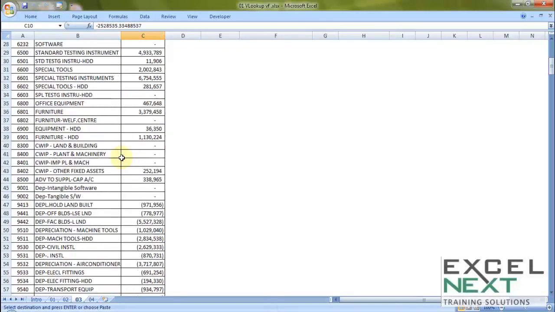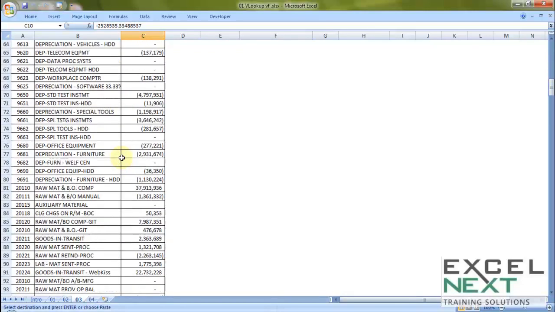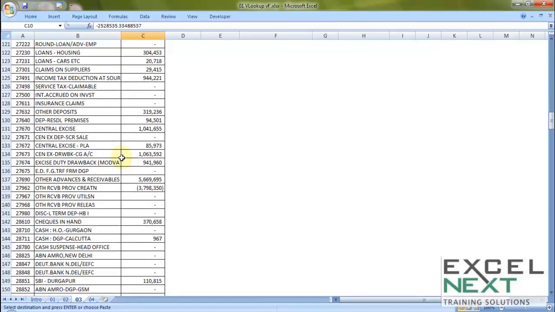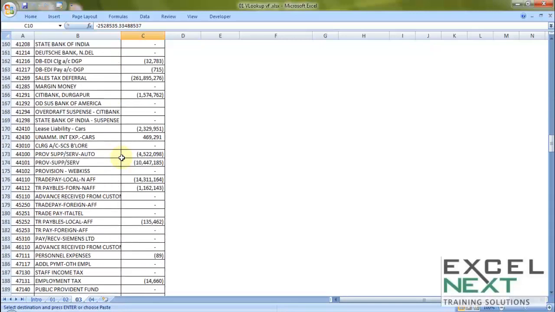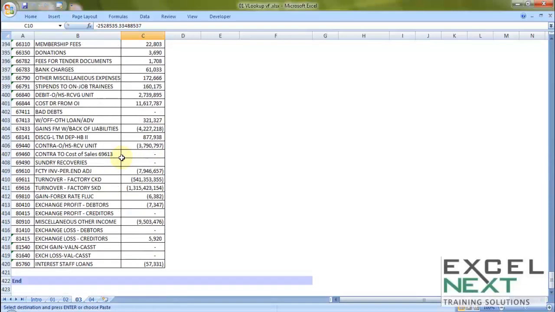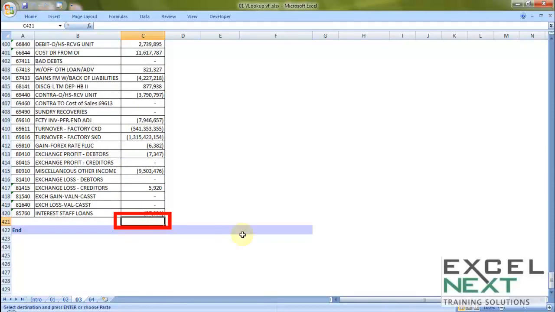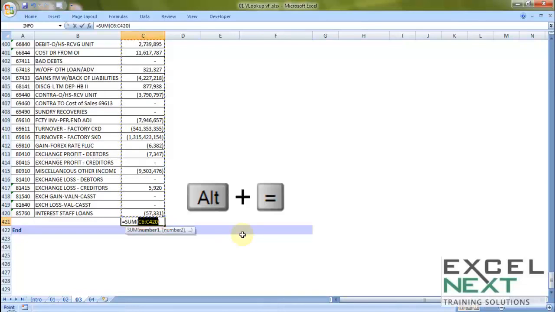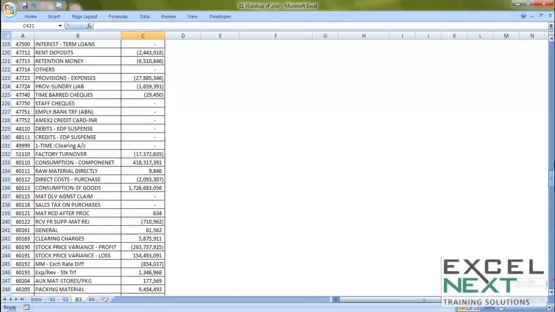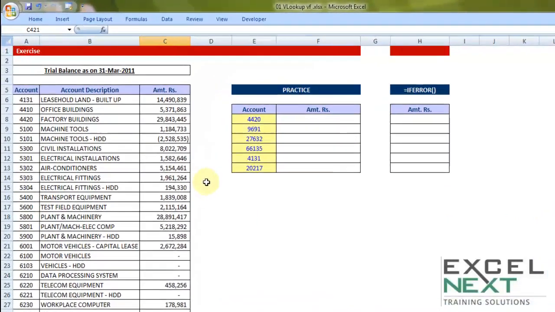So if I just scroll across, have a quick overview, you'll notice various items like depreciation, charges, receivables, loans, service tax, etc. If I scroll to the end part of this trial balance, one thing quickly that I can check is if I use the shortcut key Alt equal to at the last cell, it will quickly give me the total of all the plus and the minus, and that should be equal to 0. Yeah, so all debits equal credits. So that was just the basic overview of the database that we will be working on.